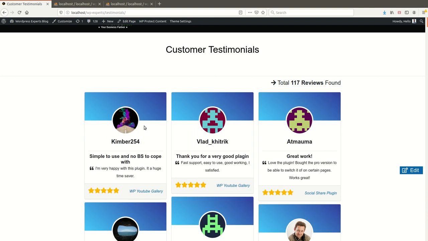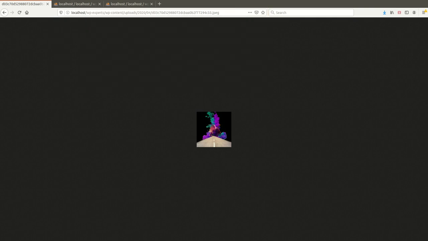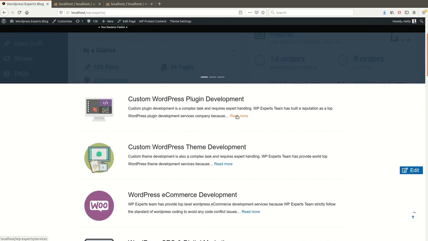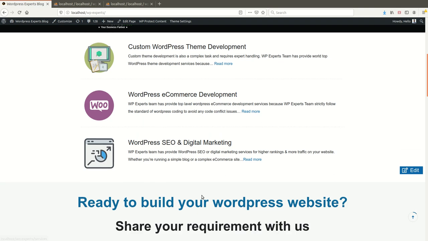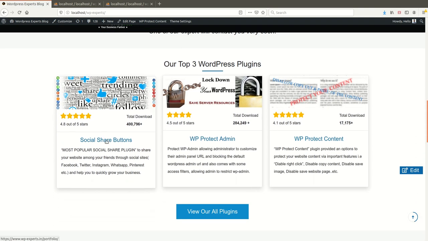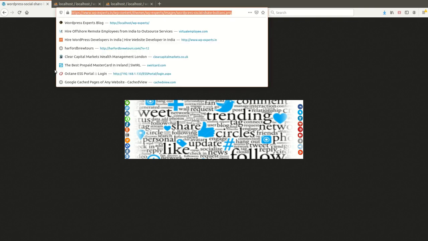If you visit the URL like this, yeah, this is updated. This one is also updated. Basically you will get a problem here if you have mentioned the full URL like this one. You can see the image is still being called from the WP Expert live server.